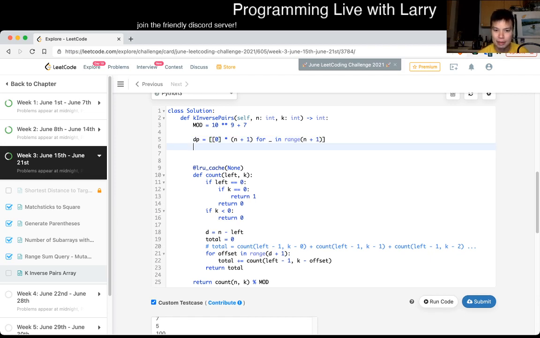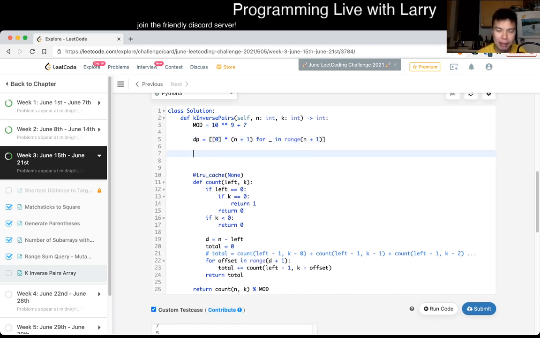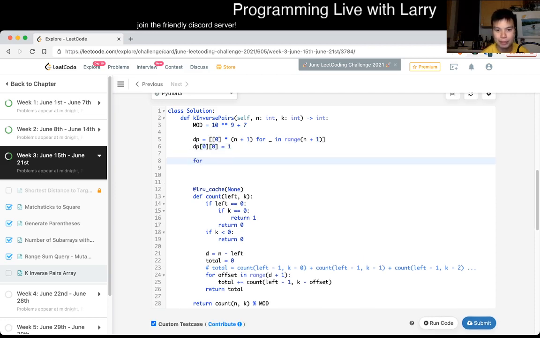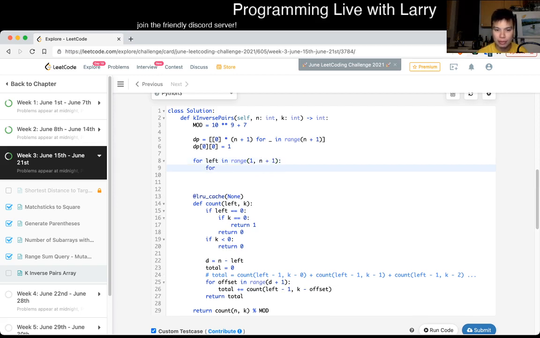And in here, let's write it bottom up, just naively for now. We know that the state of 0, 0 is equal to 1, and then for left in range from 1 to n plus 1, for k